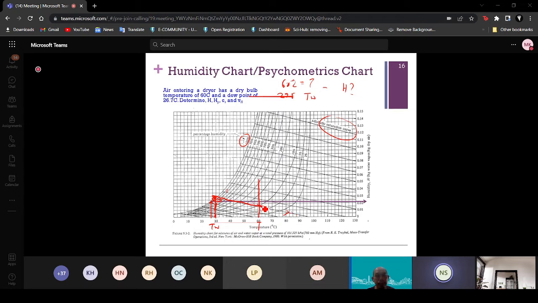So you will have an intercept here, the intercept with the dry bulb temperature. From the intersection, you go horizontally to this side, you get your humidity. It can be like 0.015, let's say. So this is your humidity. Okay, this is another way how to find humidity by knowing the